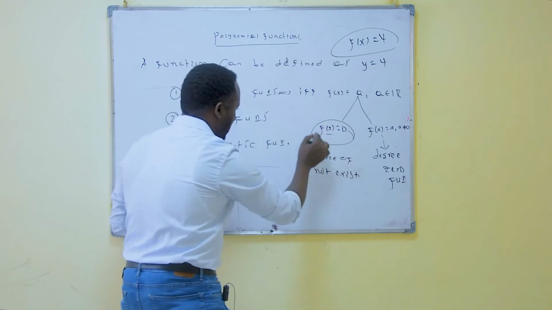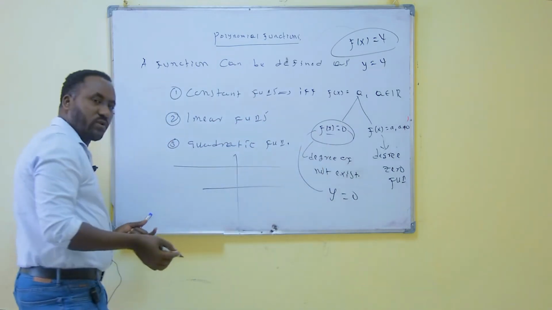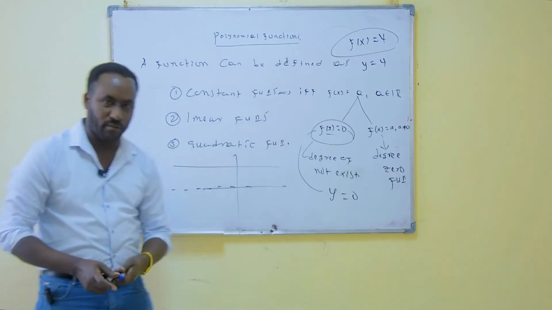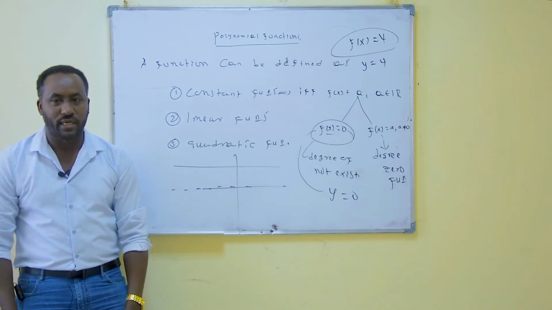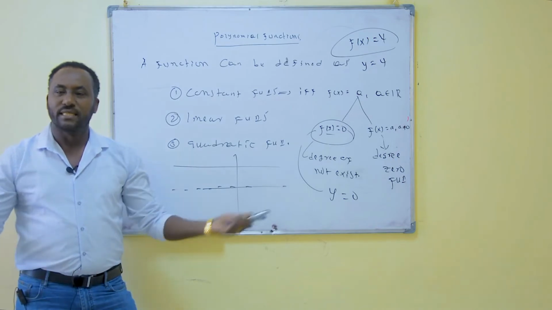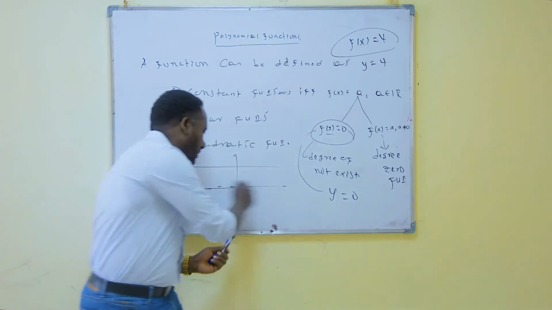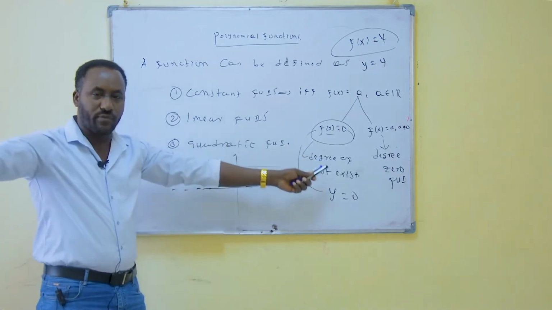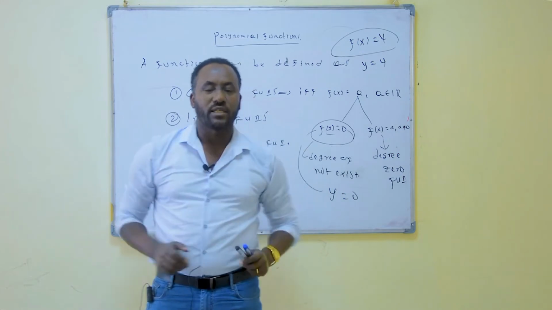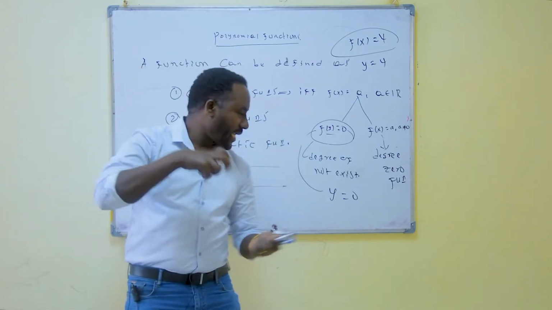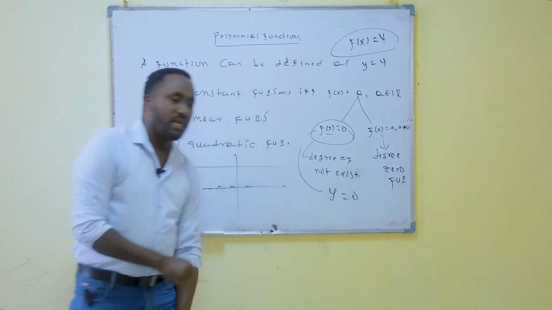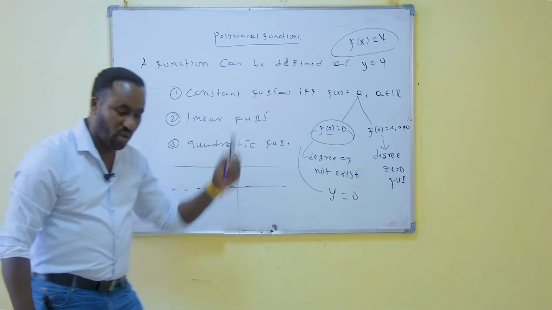For example, take y is equal to 0. It is a line through the x axis. So how many times does it touch the x axis? It touches it infinitely many times. Since it touches the x axis many times, the degree for this does not exist. Why? The intersection of two lines: if this is one line and this is another line and they are overlapping, they will meet at infinitely many points, so we cannot specify that point. So we say the degree for this does not exist. This is all about what a constant function in general means.